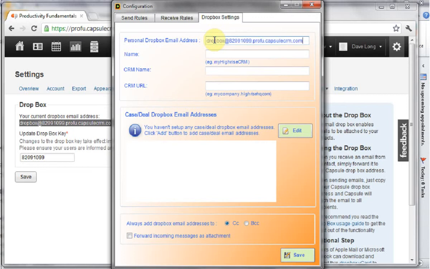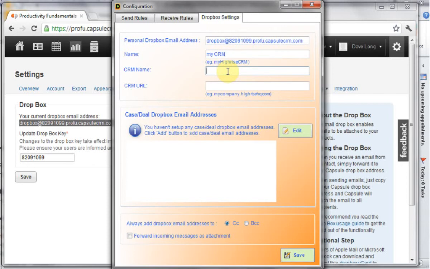and then I'm going to go back into Outlook and press Ctrl V and paste that into my email address settings. And then I need to give it a name. And the name is used just when an email is sent. The name just goes along with the email address in the same way that an email address normally has a name associated with it. We then need a name for the CRM to be used within the system and within